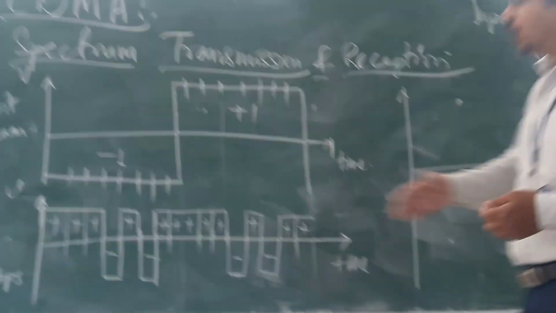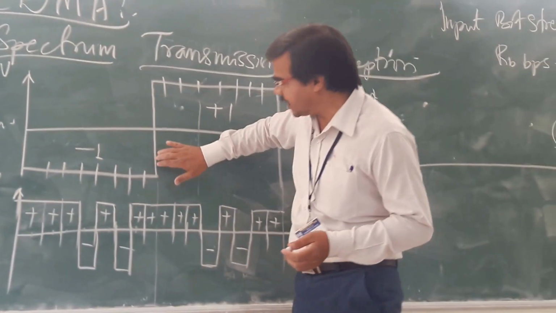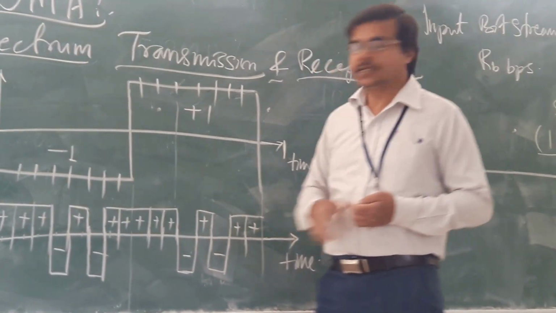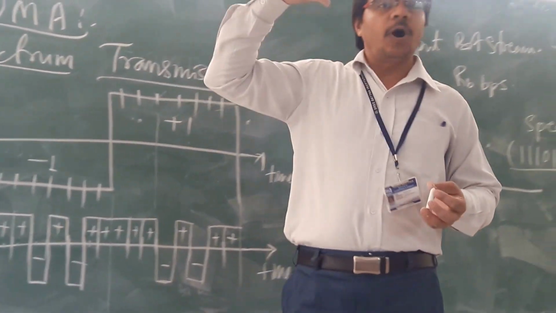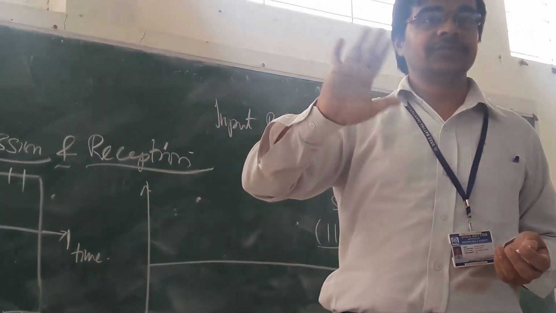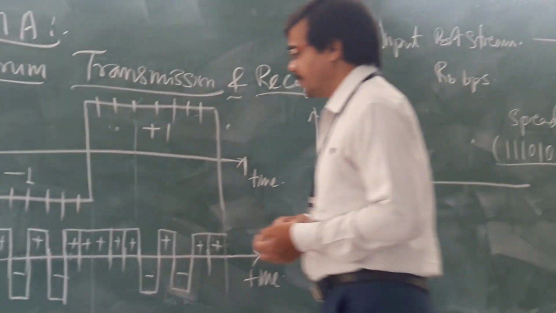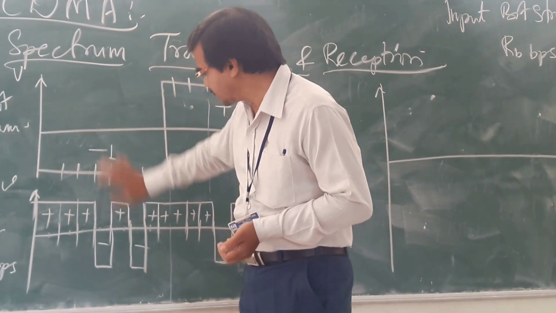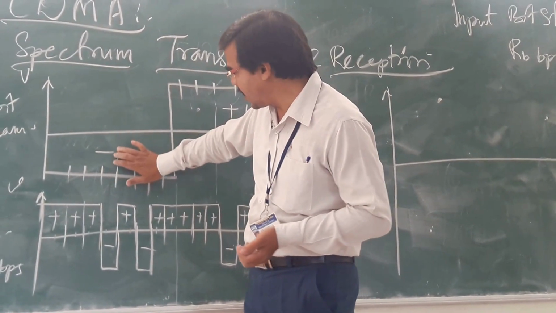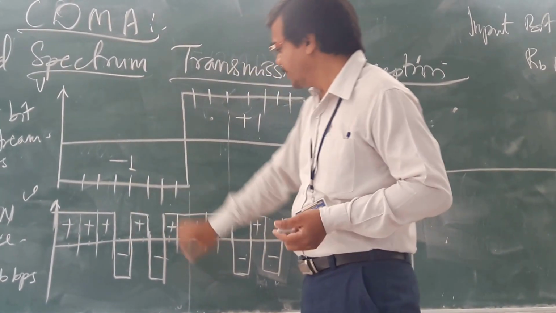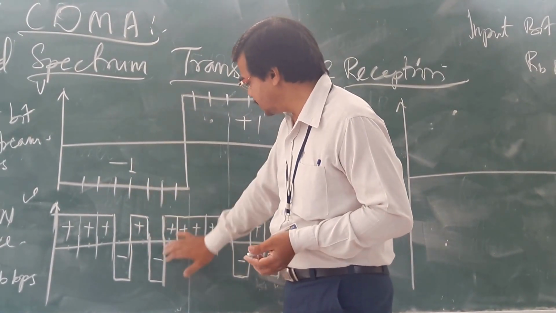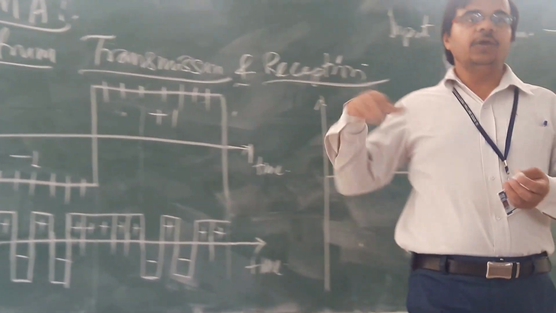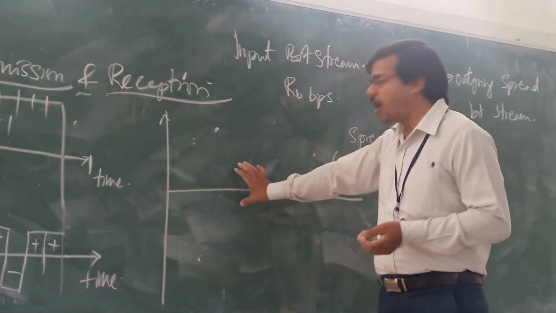In that way, you just go on making this till this much. It is modulation, it is not addition. Here you have plus, minus, plus, minus, plus, minus. Here you have minus, minus. Both are minus only. Here plus, here minus, minus, plus, minus, minus. You just draw the output, how it will be.